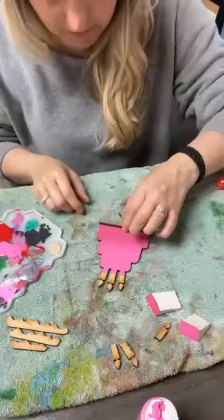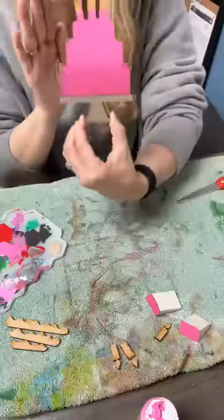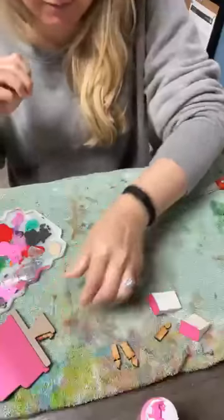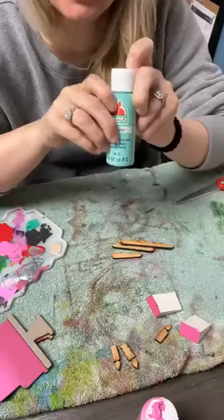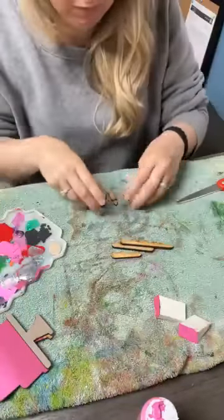Good morning, Becky. So here's where we're at so far. Just our little base and our ombre cake. Then we're gonna have our little frosting pieces. Should we make our frosting pink as well, or should I do the blue for frosting? Let me know what you think for our frosting, guys. I'm going to do,